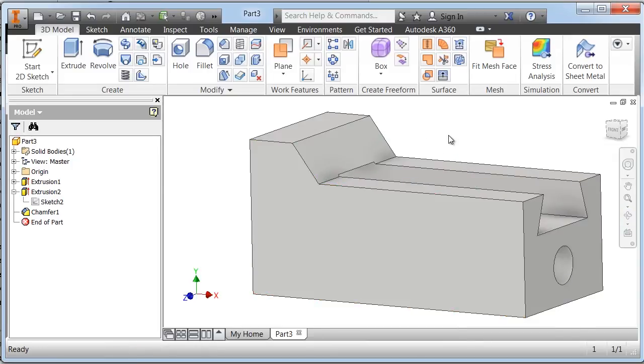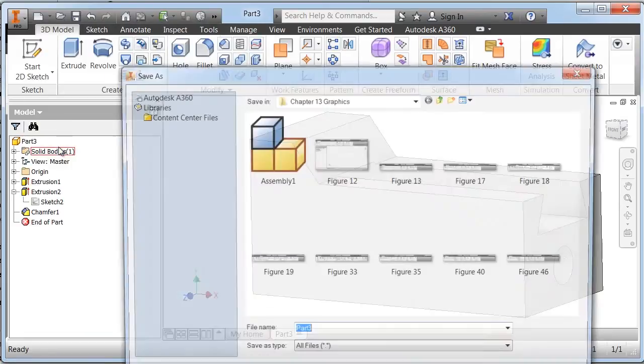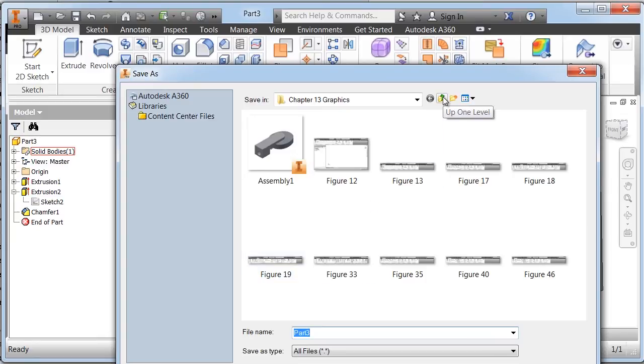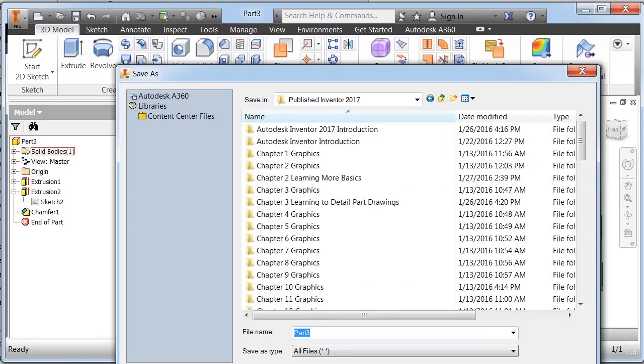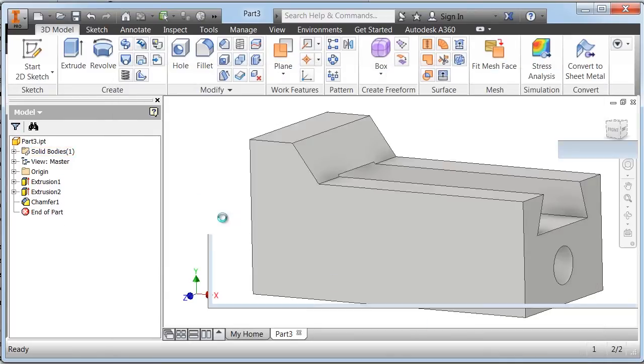So now we're going to use this 3D solid model to create a 3-view drawing, typically known as an engineering drawing, a manufacturing drawing, or orthographic projection drawing, top, front, and side views. But to do this, we have to save the part first. So I'm going to move the cursor over to the little arrow next to the I for Inventor. Drop that down. I'm going to left click on Save As. And just save it pretty much anywhere here. Part 3. And then once it's saved,